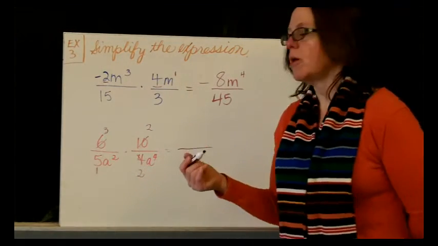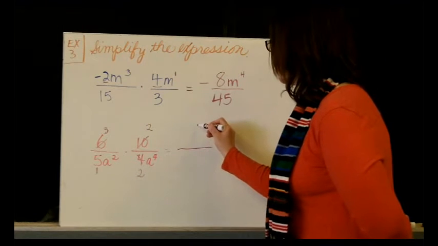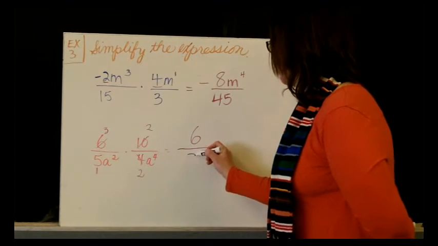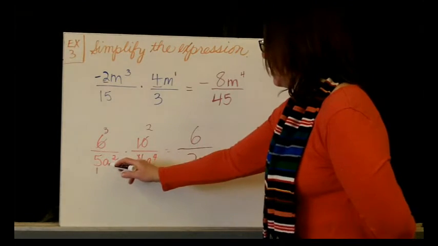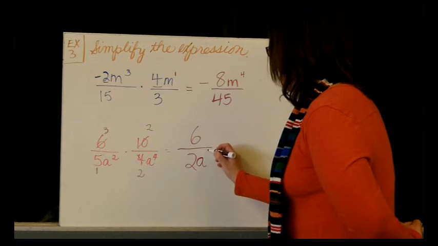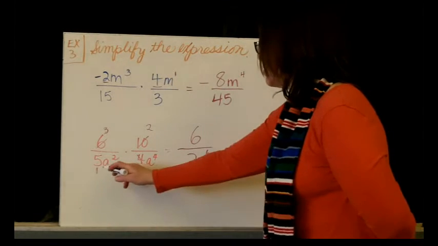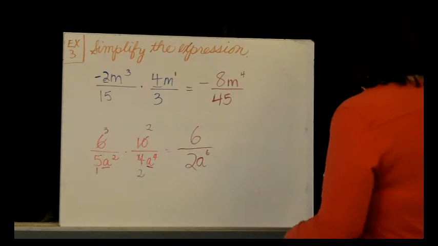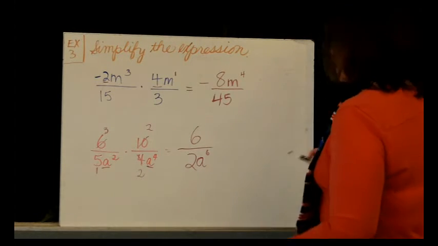And now we just multiply. 3 times 2 is 6. 1 times 2 is 2. And now we have a to the second times a to the fourth. That becomes a to the sixth, because the base stays the same, and then we add the exponents. And now what we have is,